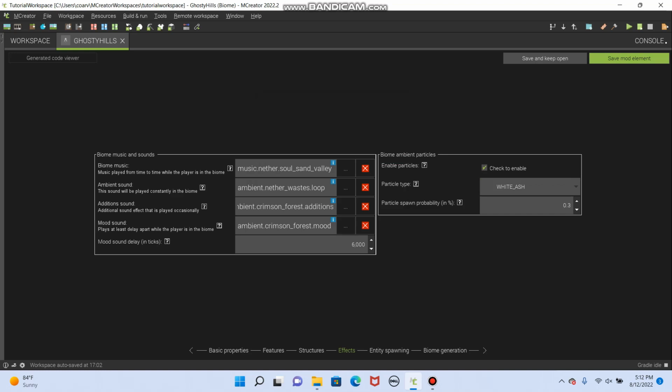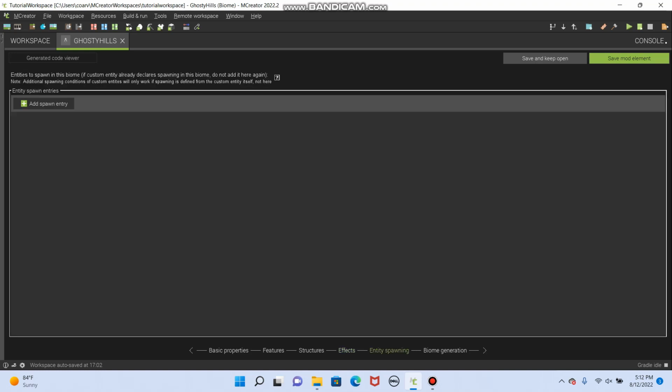That sounds good to me. We'll make them kind of not super common. Entity spawning. This can get weird. So I'm going to add